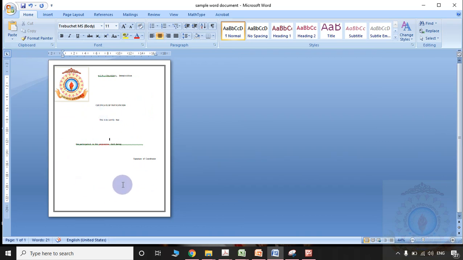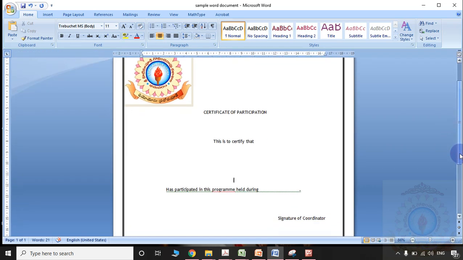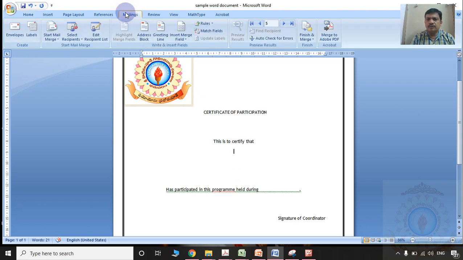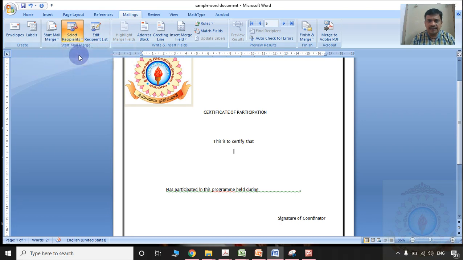Okay, a basic template only for understanding's sake, just a rough template I want to show here. Here I want to insert three different fields: name of the person, designation of the person, organization of the person, let us say. So here I need to change these with the help of the mailings option. Please observe, I am selecting the mailings tab, using the existing list.